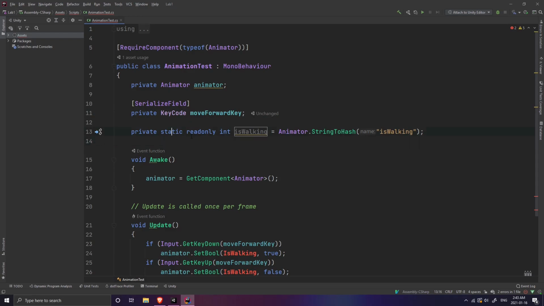And why is static more performant? Well, it's better for our use of memory. Now, let's say that I had this component on 10 different characters. Well, we don't need to call this function 10 different times, once for each one. So for each instance of animation test, we don't need to call this function during runtime. We only need it once. And this function, what it does is that it will go get the ID based on the string. So